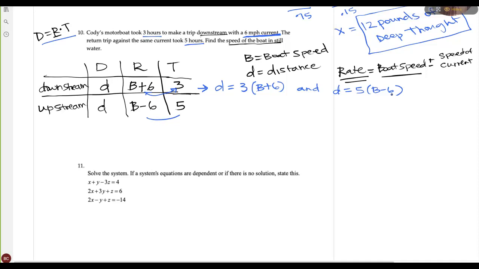Okay, and then from here, I'm looking at this going, I probably need to distribute that through there, so let's do that. D equals 3B plus 18, and then distribute the 5 through. I get D equals 5B minus 30. And then I can decide whether I'm going to use the substitution or the elimination method. Well, notice I know D